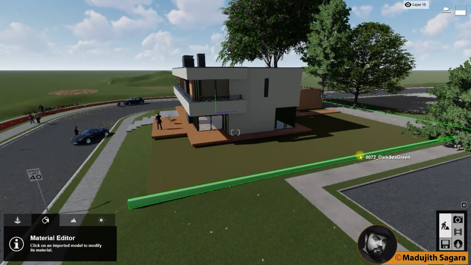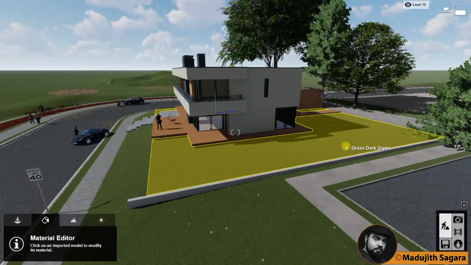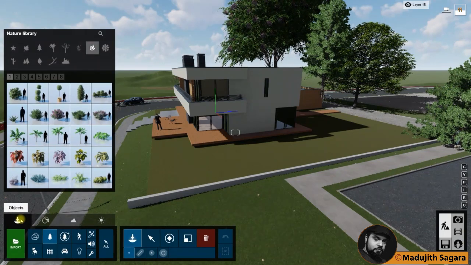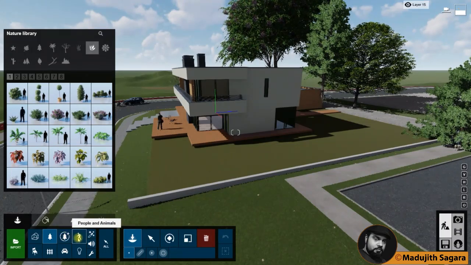Then we shall come to placing of object. For that, you have to go to the Object tab. This is the Object tab. Here you can see number of objects are available. If we have imported any sort of model, it is available here. Now you can see nature, and these are some fine detail nature, and these are people and animation, these are lights, these are vehicle and transport, and these are outdoor, and these are indoor things. You can go to them one by one.